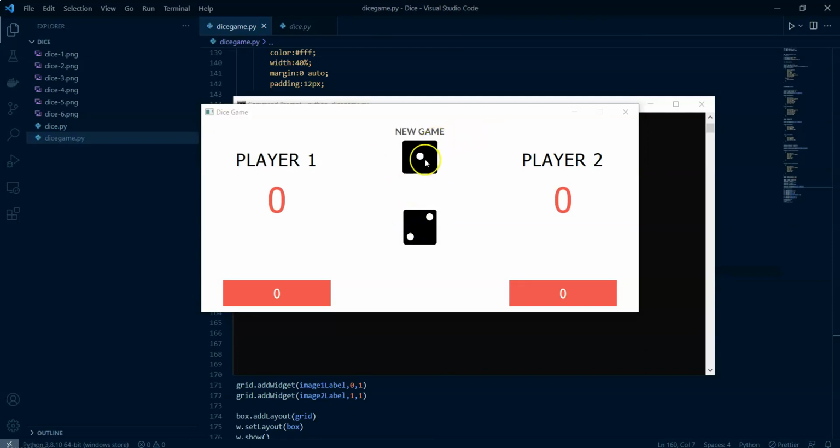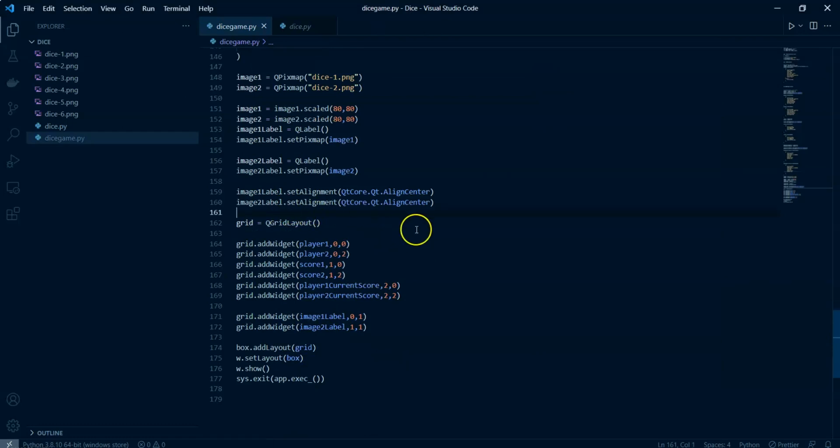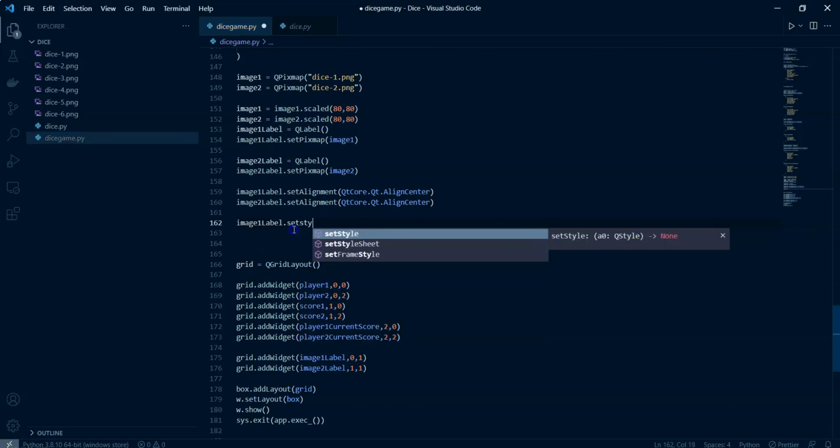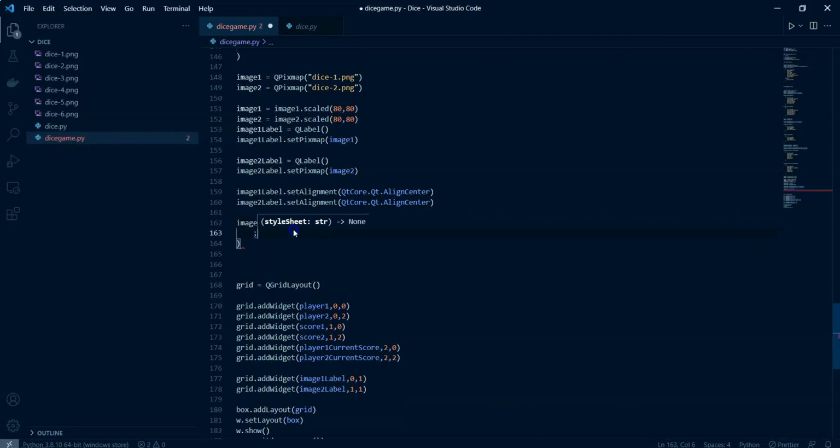Alright, so we can see that dice 1 and new game are pretty much close to each other, so we might need to have some margin or space between them. I'm going to do that by simply changing the style sheet. So I'm going to use the setStyleSheet that we have used earlier. Let me go ahead and do it here. So we have image 1 label and image 2 label. What I'm going to do is simply change the padding right here, with dot setStyleSheet, and I'm going to change it into